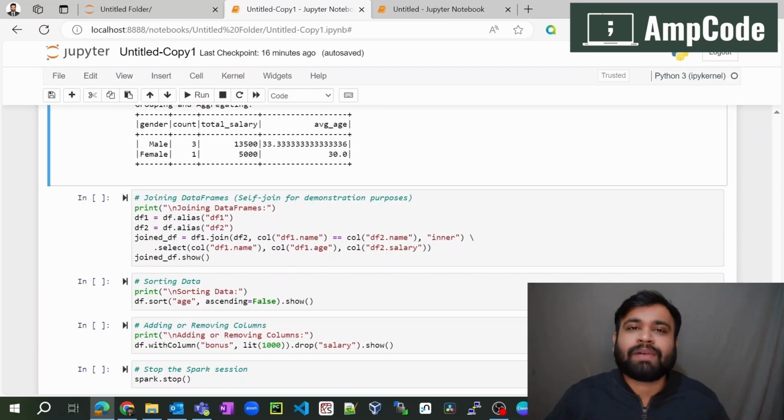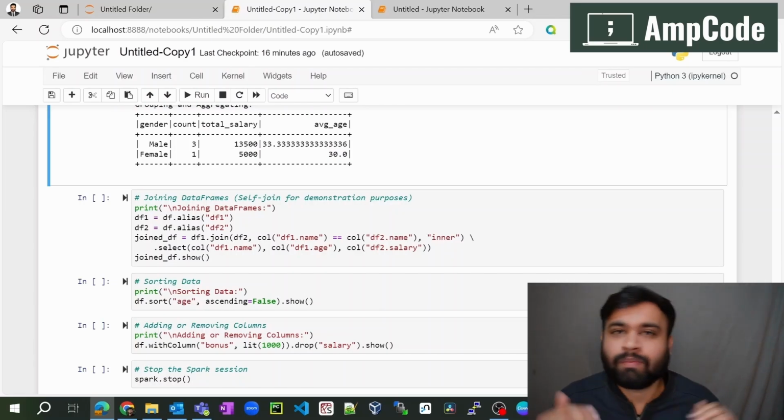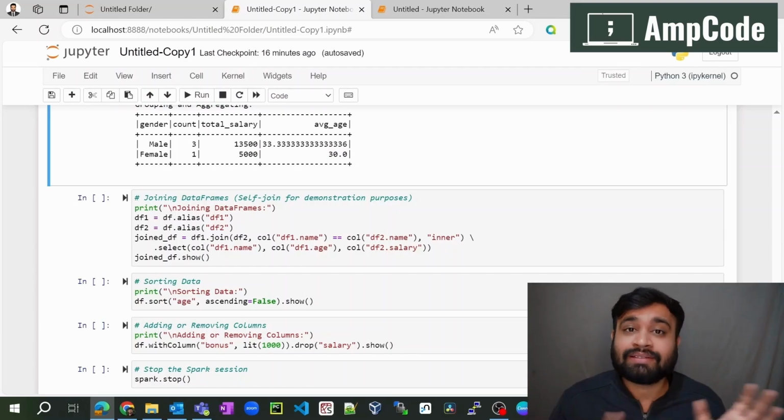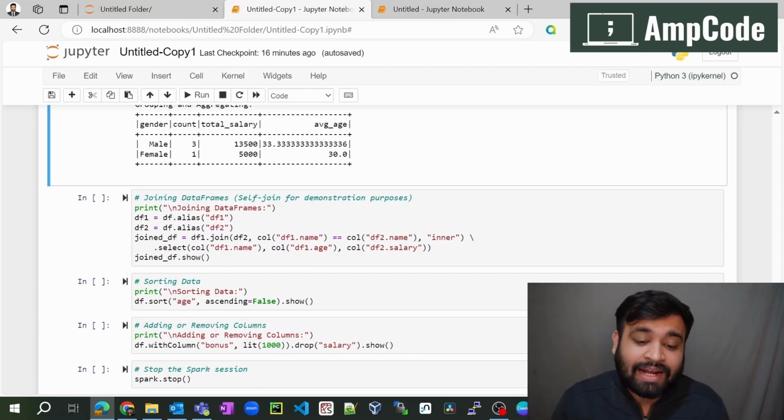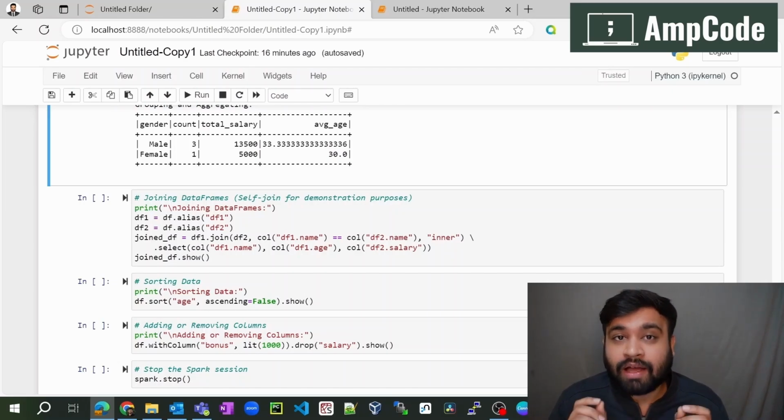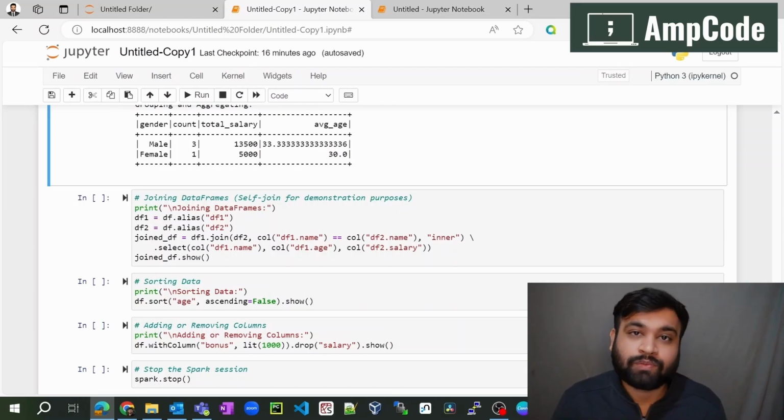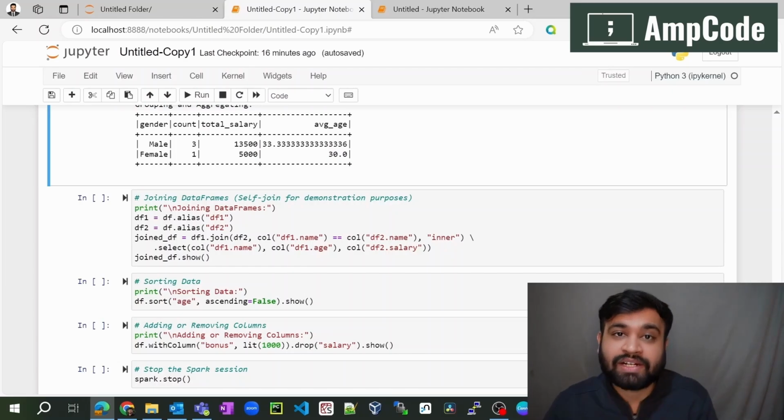PySpark has a rich set of libraries that I've already told you about, which can pull the data from any source possible. So for that, you have to union or join the data together to get the unified output of the data, and then you can do analytics on top of it. Many organizations have this set of different sources, and the join operation will really help you. But you have to make sure that you are aware of the different types of join. Like if you know SQL, you know what is left join, right join, inner join,